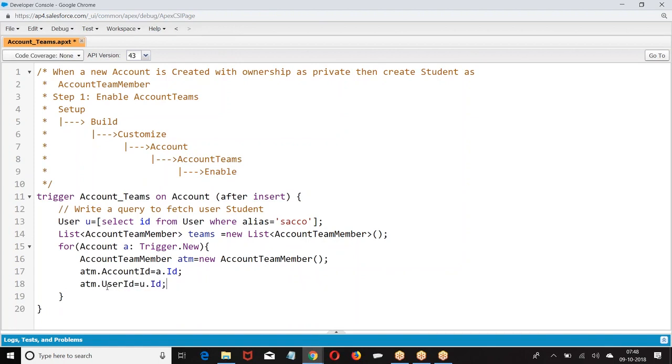So what was that? ID of the account on which we want to create. Second one, ID of the user whom you want to add.